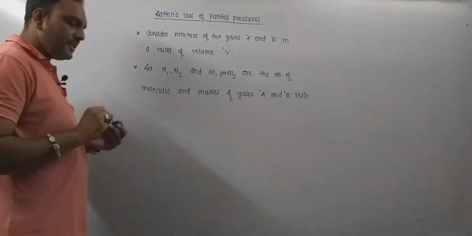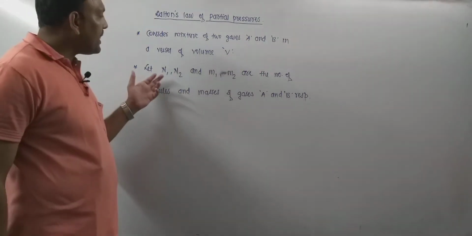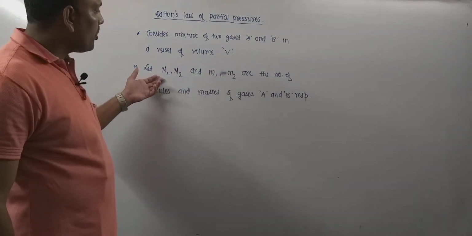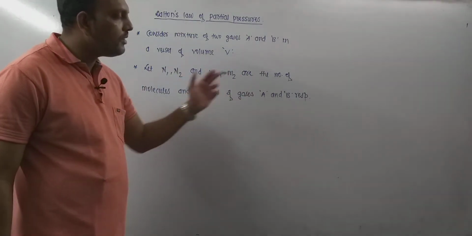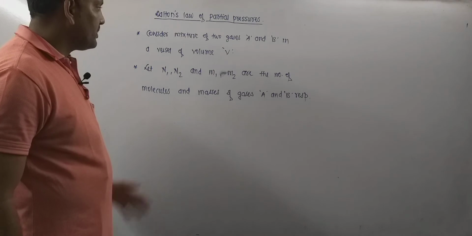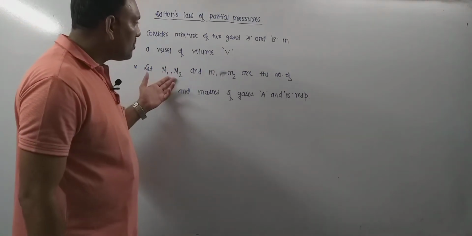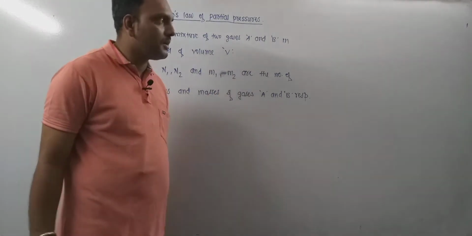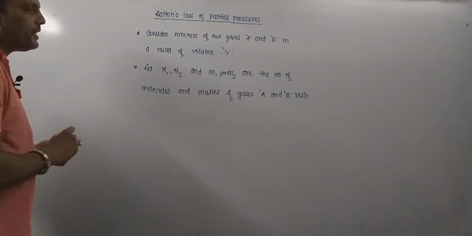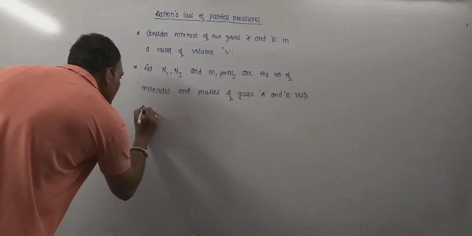So what we are considering: N1 is the number of molecules of gas A and M1 is the mass of gas A, and similarly N2 is the number of molecules of gas B and M2 is the mass of B. Then according to the kinetic gas equation,